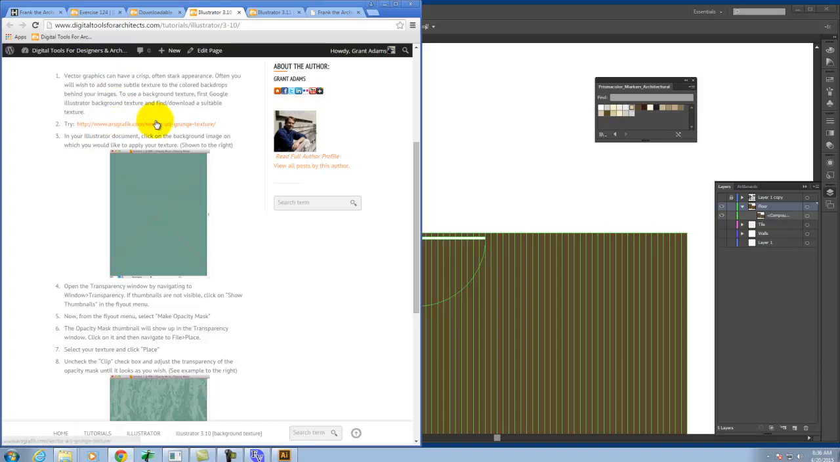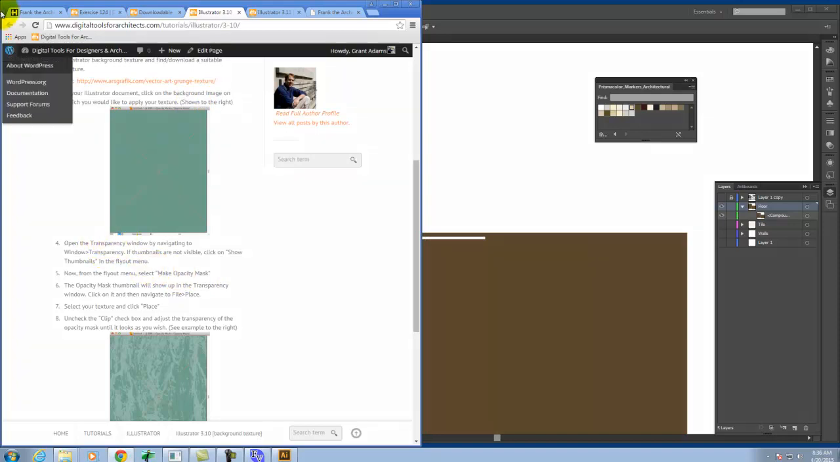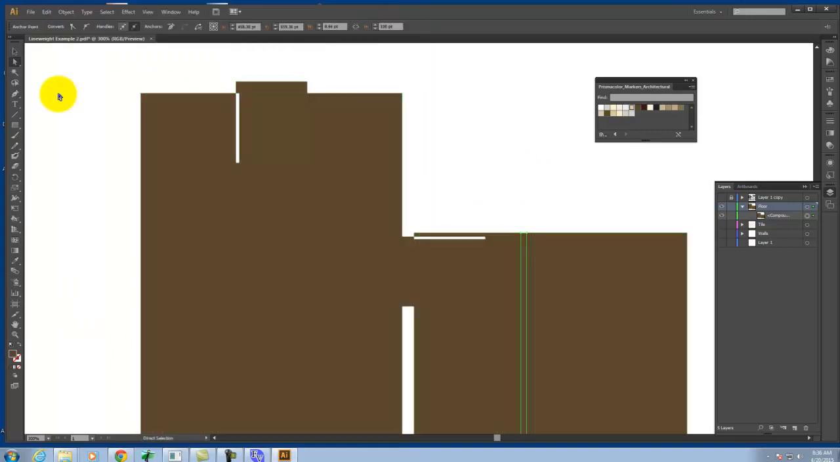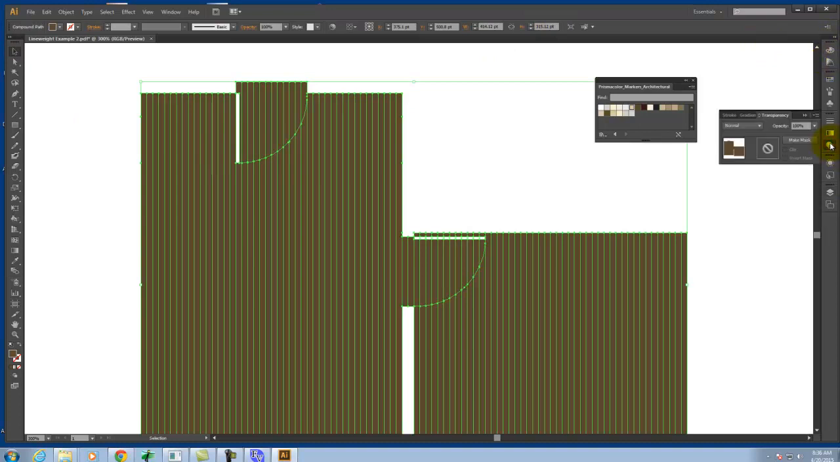Right, we already have this downloaded. So I'm going to click on the background image in which you want to apply the texture, which is here. I'm going to open the transparency window. Right, let me go ahead and minimize this. So here I've selected it. Let me select it just with the black arrow. And I'm going to come over here to the transparency window. There it is. Right? And I'm going to click on this Make Opacity Mask,